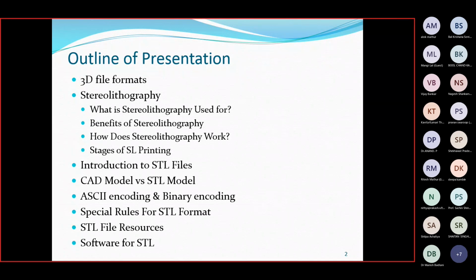Then we will see with an example how we can create our own model. That is basically the generation part. And what are the special rules which we should know? Those are very important to learn to generate STL models or STL files. So we will see those rules also.